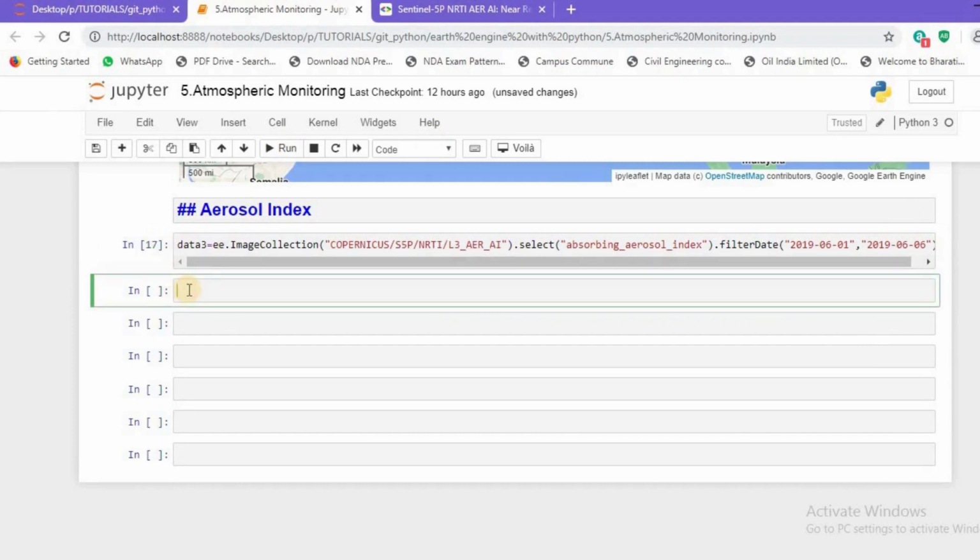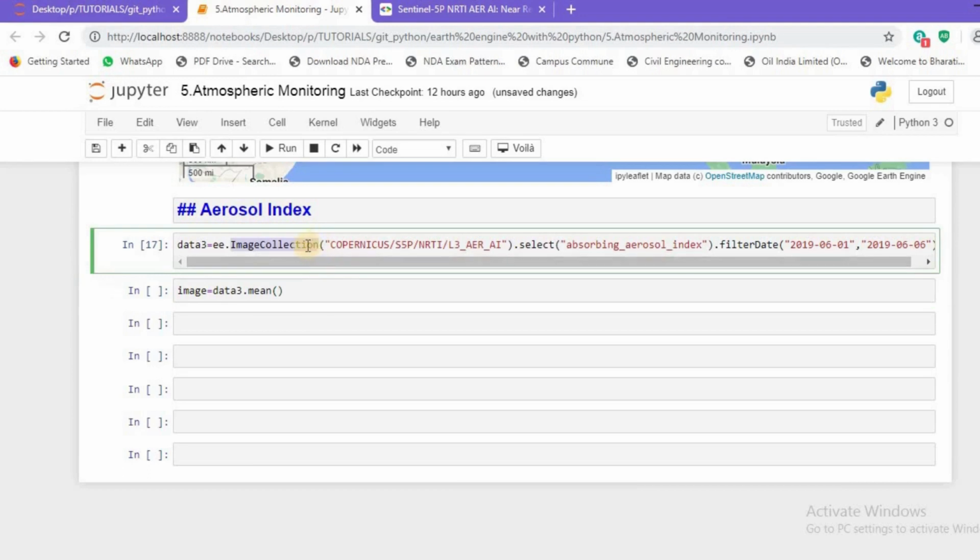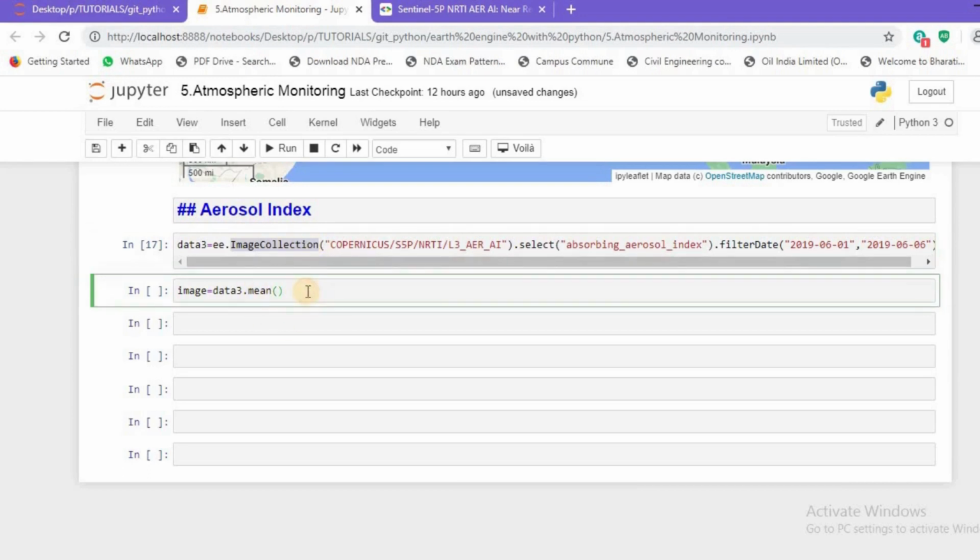Let's clip the data onto our shapefile. So I'll just make a variable image and I'll just pass my data into it. I say data3.mean(). I need to take the mean of the data because it is an image collection. If it would have been an image, I would not have required this mean function. So moving ahead, I'll just clip the data into my shapefile.